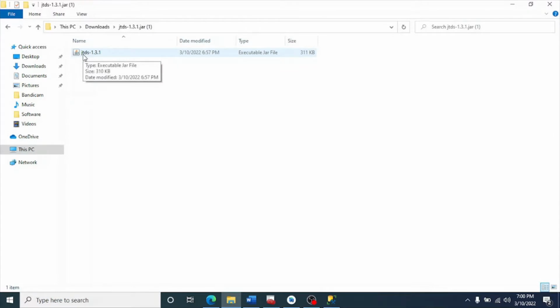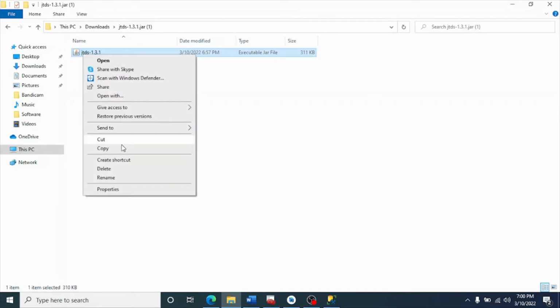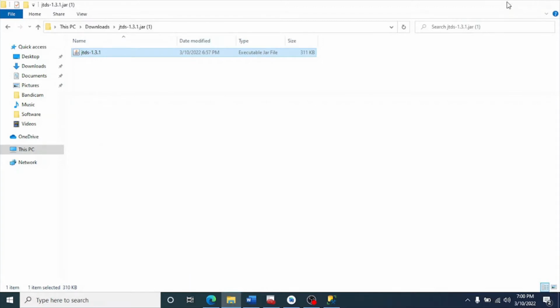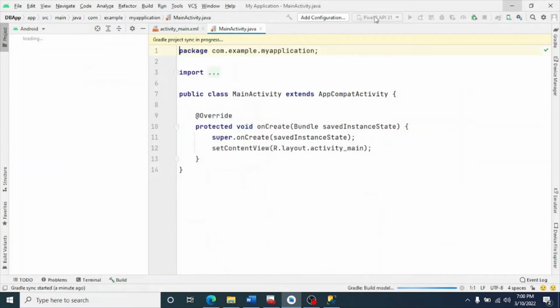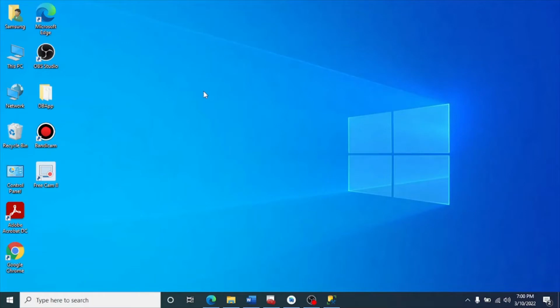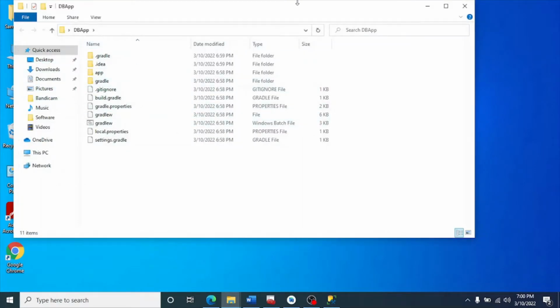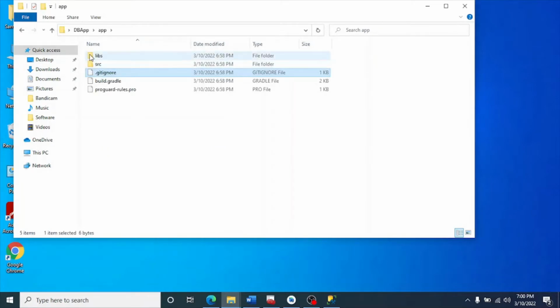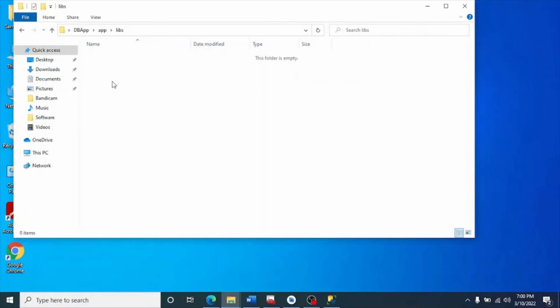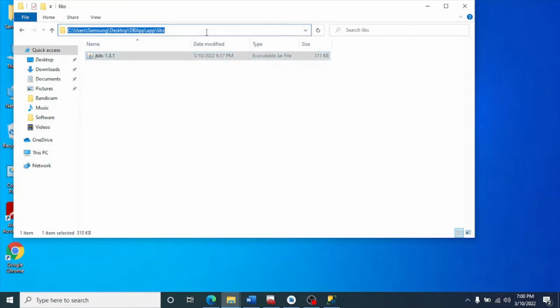Now what we need to do is copy this file and paste it in the folder on our desktop which we created for this application, DB app. Inside DB app there is a folder called app. Inside this, open the folder libs, and paste it here. The next thing we need to do is copy this path